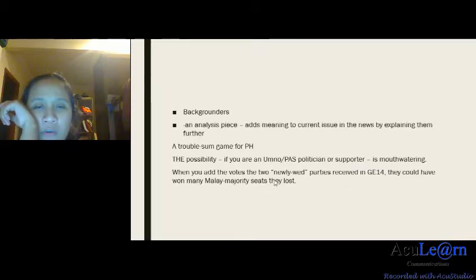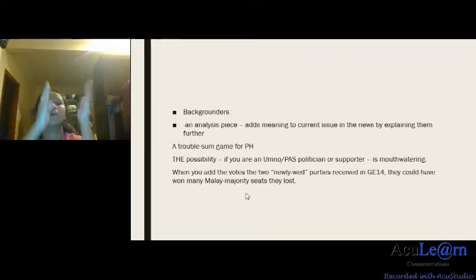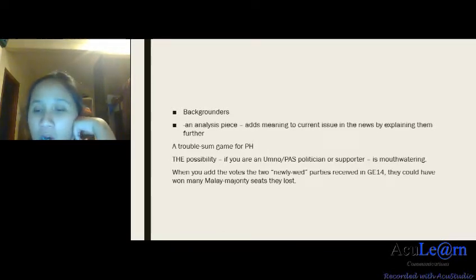When you add the votes, it's more of an analytical piece that is being written solely according to the reporter or the writer's point of view. That is a backgrounder. Okay, and we move on to